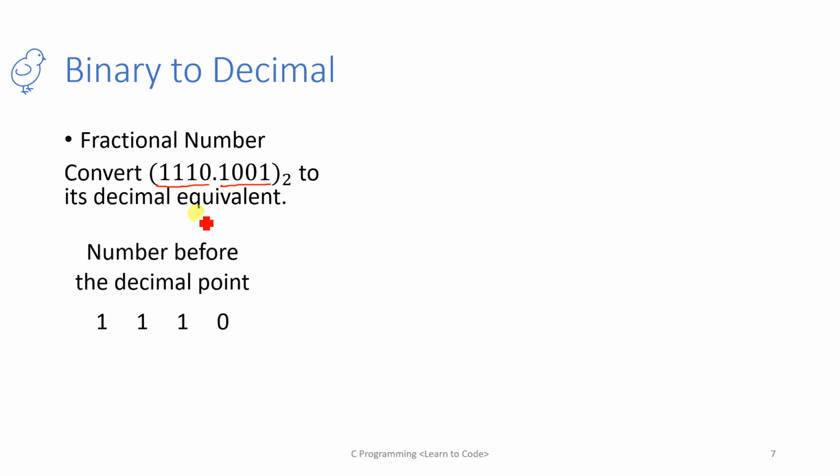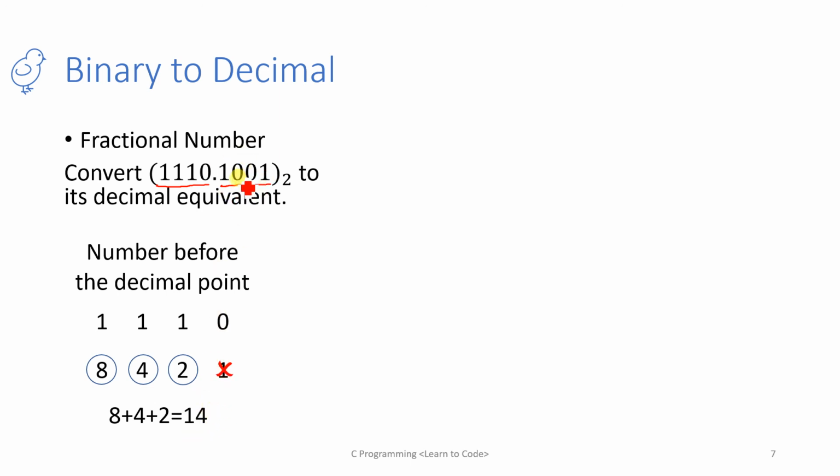So let us first discuss the number which is present before the decimal point. So before the decimal point, what are the numbers? 1, 1, 1, 0. Then you have to assign the formula values like 1, 2, 4, 8. There are no digits present towards the left, so my formula stops here. Then wherever there is a 1, I have to circle it. So I have circled 2, 4, 8, and wherever the 0 is present, I have to discard it. So I have discarded this one. Now 8 plus 4 plus 2 is 14. So the decimal equivalent of this left part is 14.